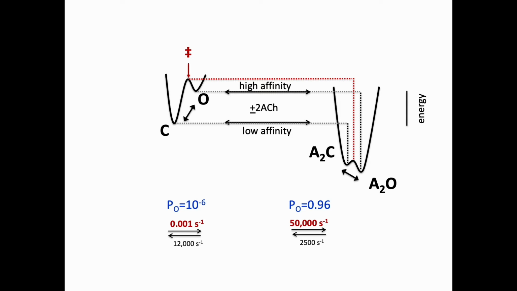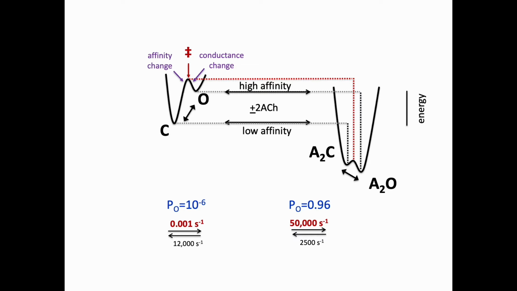You can see that the mountain gets much smaller when agonists are bound, and that's because it's binding with high affinity to that transition state. So that means when you put on an agonist, you get a rapid opening, or if you're talking about a synaptic current, you get a synaptic impulse. And the reason that happens is because the affinity change takes place before the transition state is reached. We'll go through this in the last section. So going from C to O, you change your affinity before you hit that transition state, which means you get this lowering of the mountaintop.